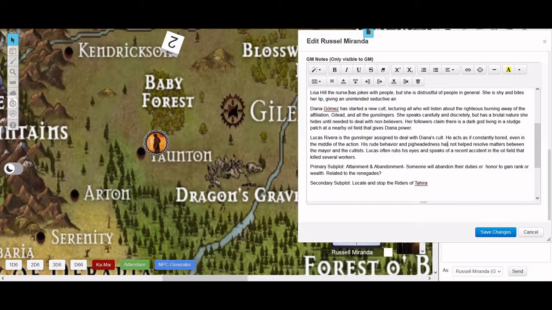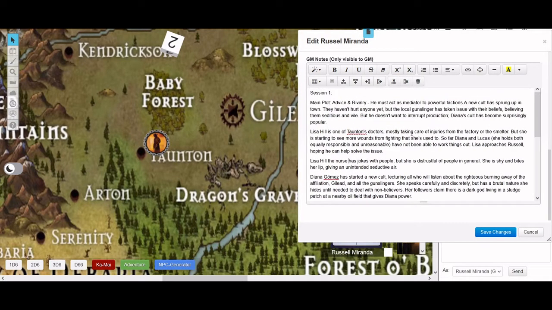The primary subplot, the attainment and abandonment: someone is going to maybe abandon their duties or their honor to gain rank or wealth or some kind of power, maybe. It might be related to the renegades. I'll develop that later as it comes on, or if it comes up, because it may never even come up with the scenes.